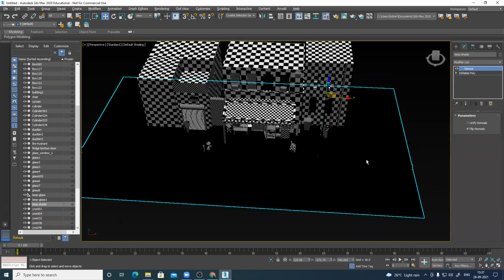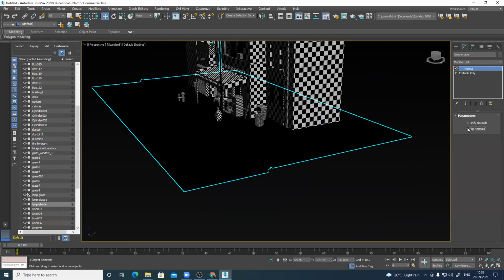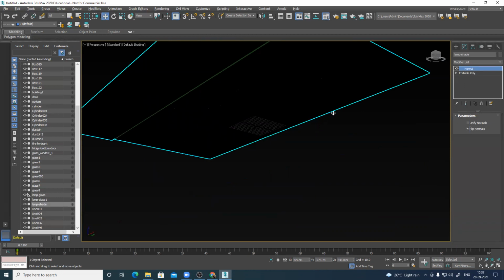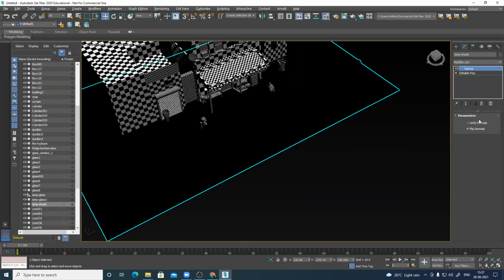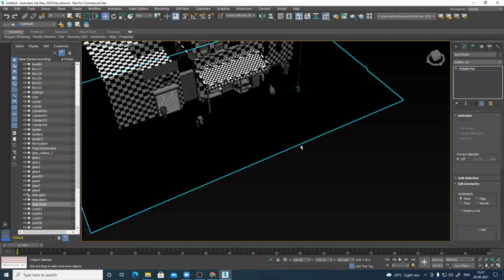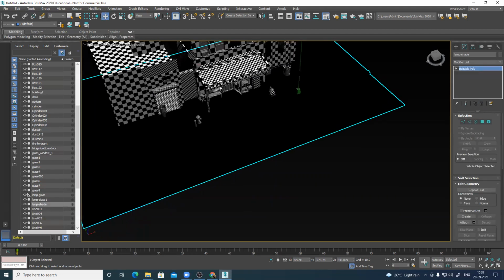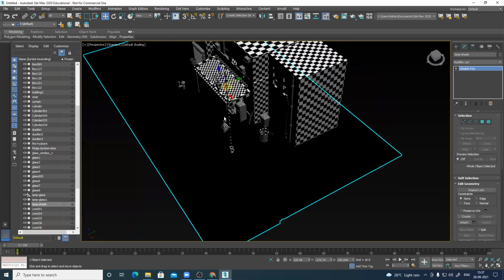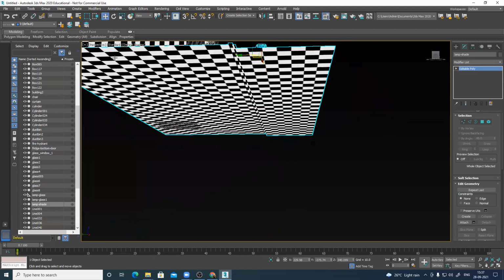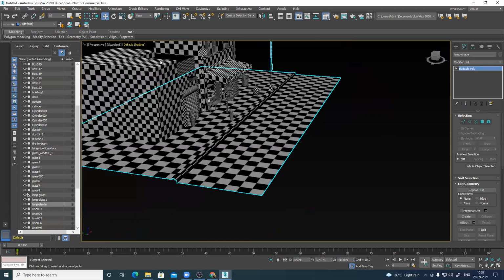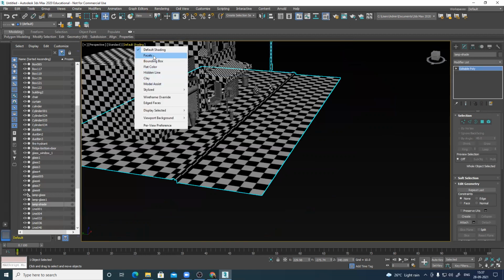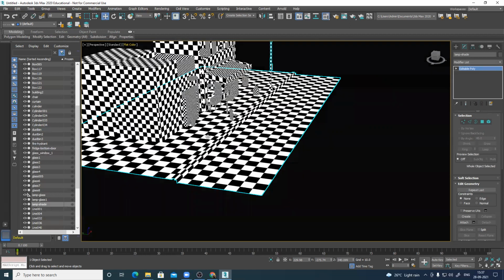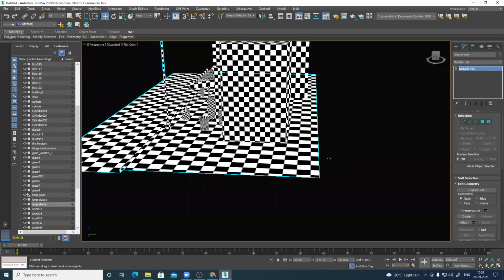So I apply this. This is very strange. Checker is visible from only one direction. Black color. That's weird.